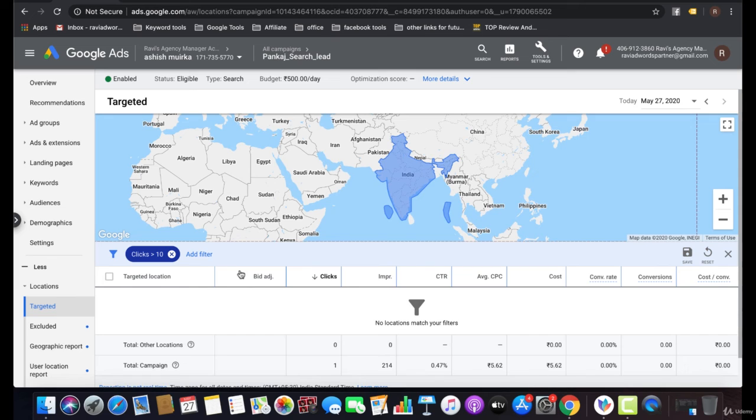Or if any keyword is getting clicks above 100 or above 10 without conversions, then you need to pause that keyword as well.